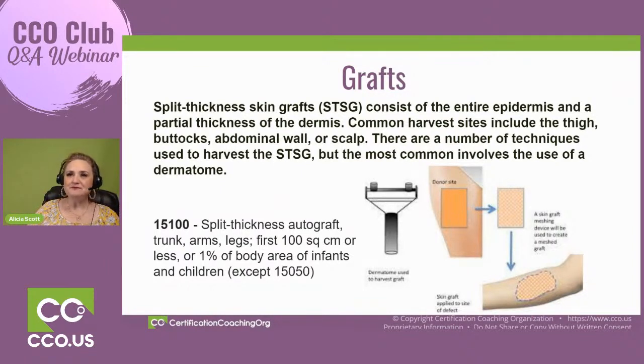It's important to note that there's a number of techniques used to get your STSGs, those split thickness, and if you're going to be coding this a lot, you may want to go in and research the different techniques, because that's verbiage that you're going to see in your documentation. Now, I can tell you that the way that they harvest the techniques, a lot of times that's not designated in the description for grafts. You'll notice that by 15100, it doesn't even tell you how they're going to take that split thickness